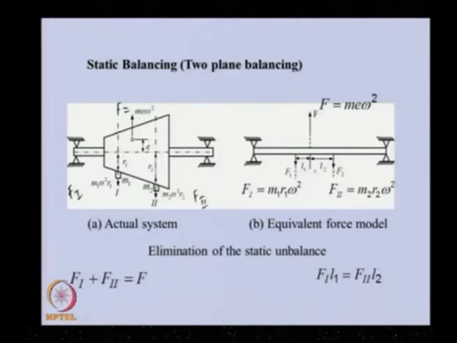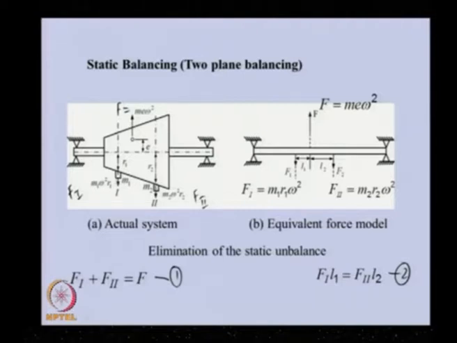To make sure of that, if we take the moment about, let us say, this point, this will not contribute to that moment, but the F1 and F2 moments should be balanced. If we satisfy the first condition and the second condition, and from this obtain F1 and F2, then we can balance this static